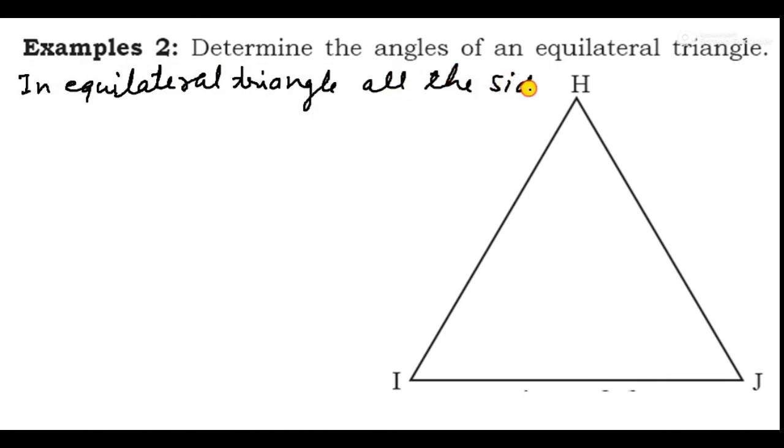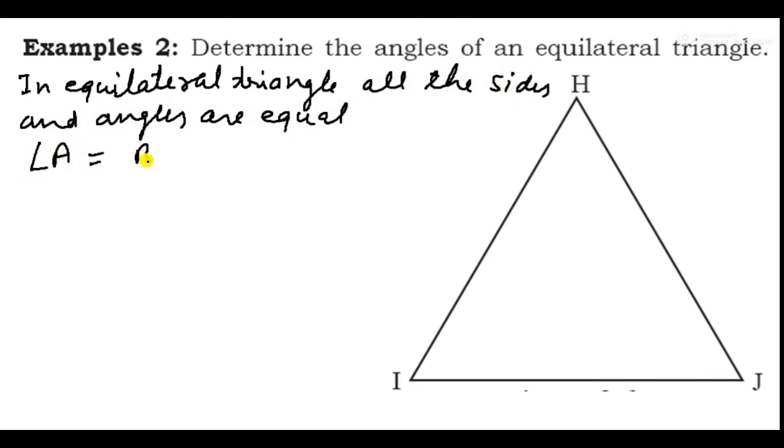all the sides and angles are equal. So here angle A is equal to angle B is equal to angle C is equal to x. We let these angles be x, but we know that